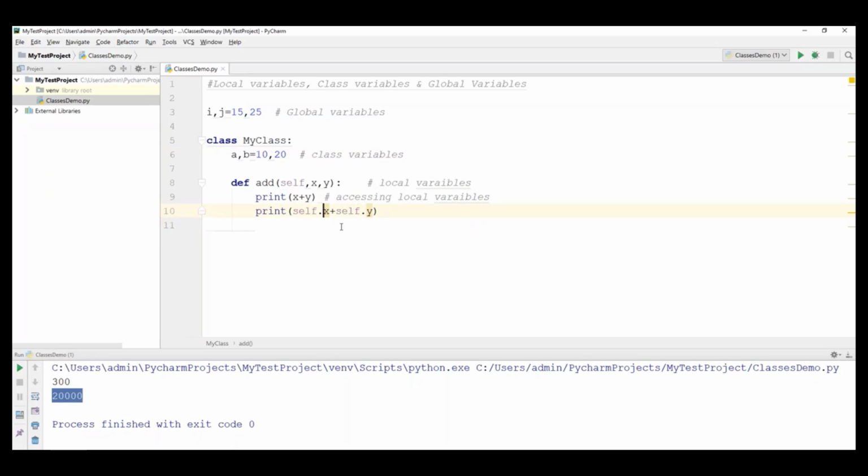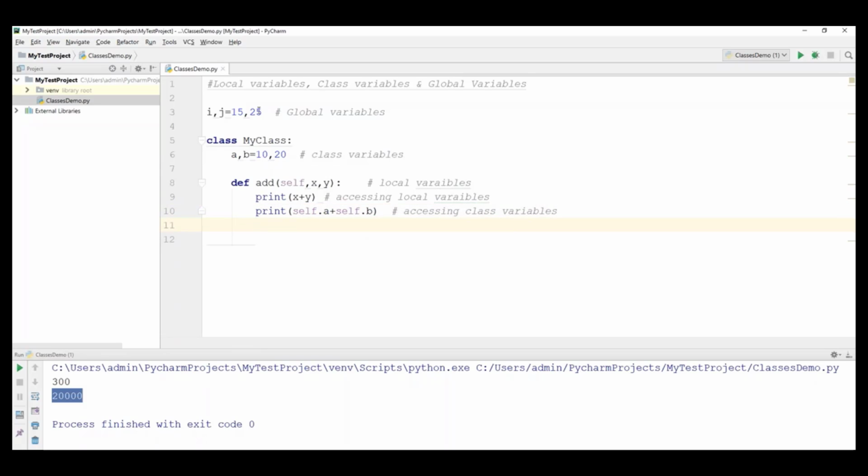Sorry, we have a and b, right? So a and b are class variables. How can we access the class variables within the method? By specifying the self keyword. So here we are accessing class variables.